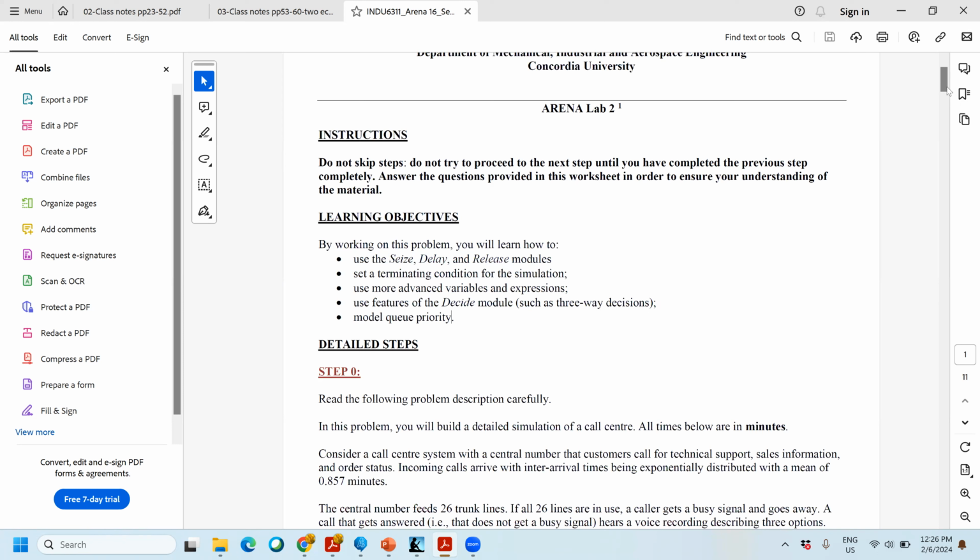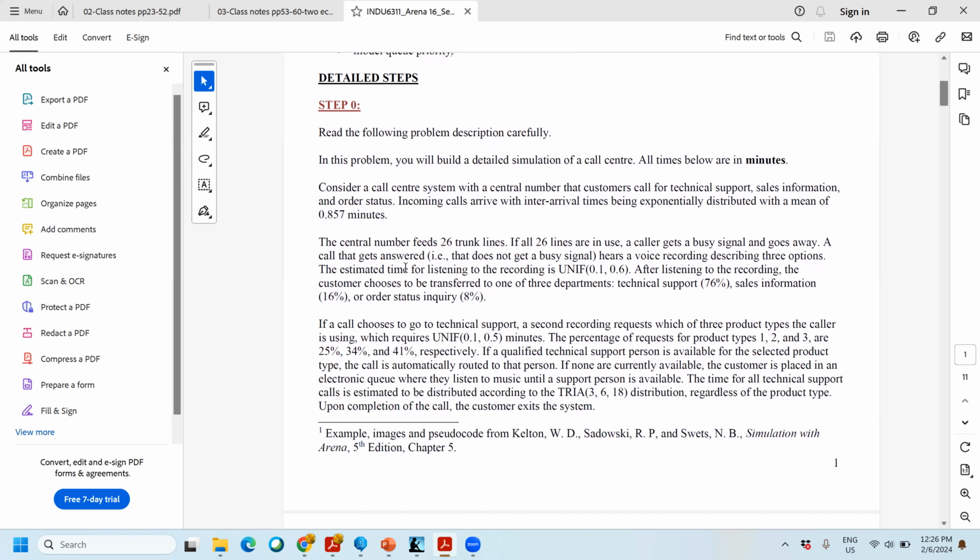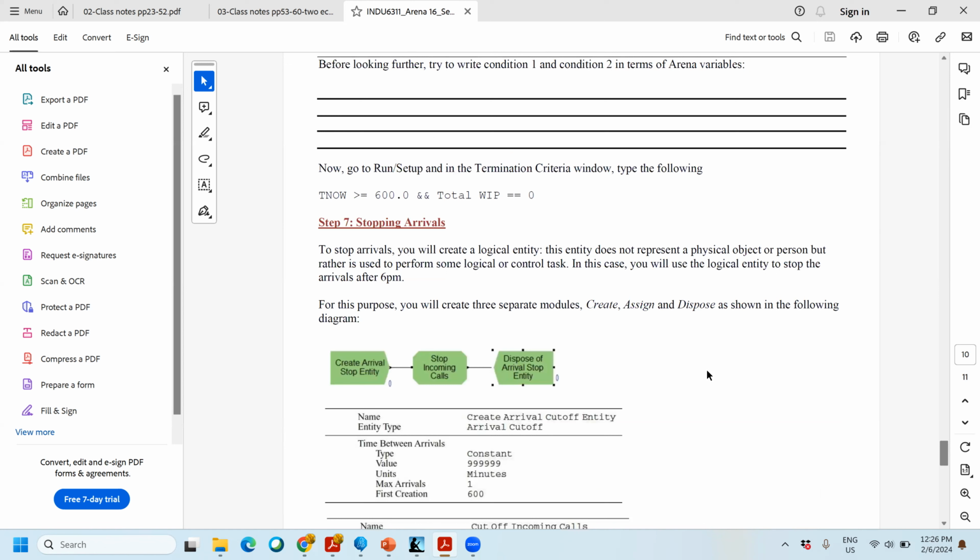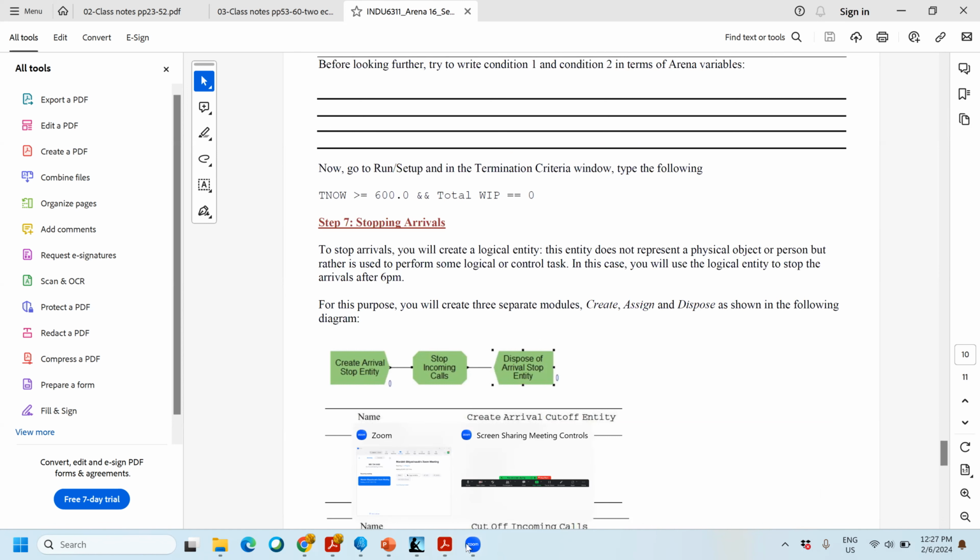Our model, as you have read, is a call center that has trunks as their lines answering the calls from the customers. We are going to manage the details of the system, and I assume that you have read all of the details, and now I'm going to explain the complete model for you. If we look at the model,